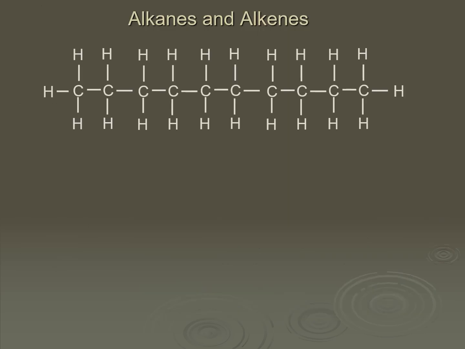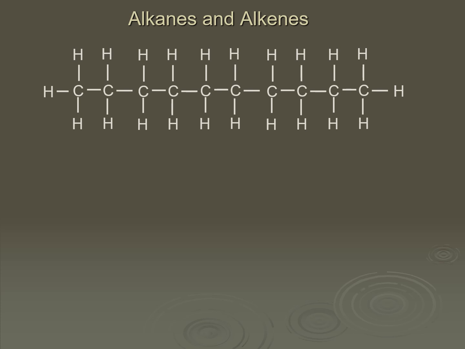Okay, so you have to be able to draw or work out the formulae of, or calculate, or do it by names, the product of a cracking reaction if you're given all of the other products. So for example, let's have a look at basically what's going on. Now really, when we do these diagrams, we're talking about thermal cracking, but we'll look at the forms of cracking in a bit of detail later on. For the time being, when we talk about catalytic, the one I actually showed you in the practical form, that wouldn't actually make products like this because of the way chemistry works. But this is what you have to learn as the process for cracking.